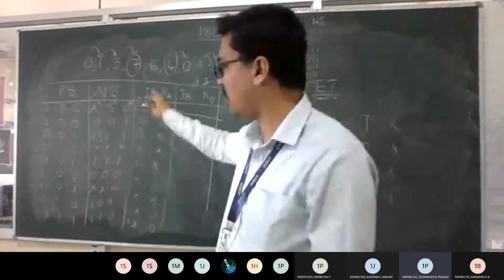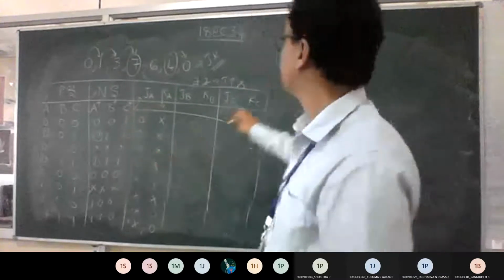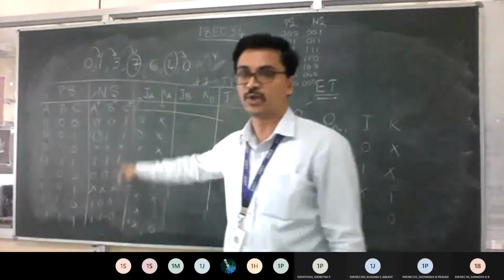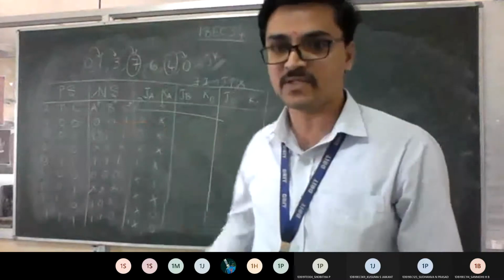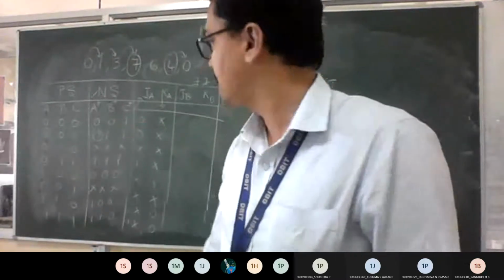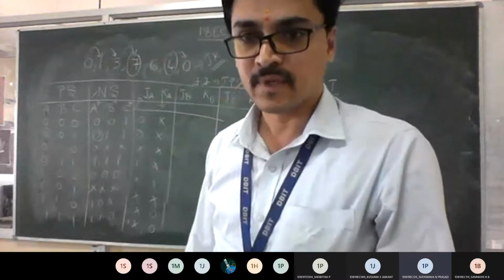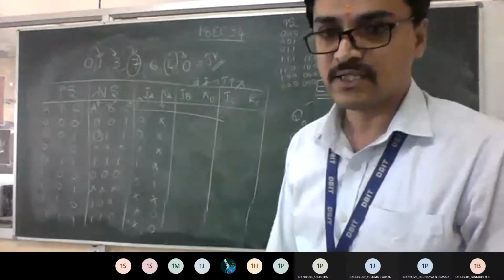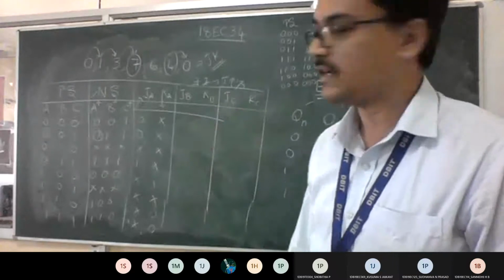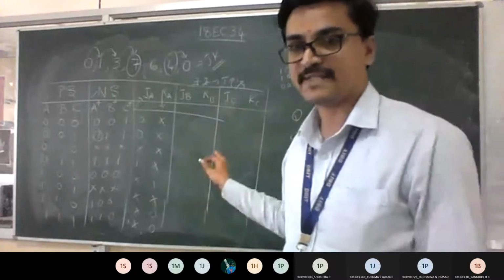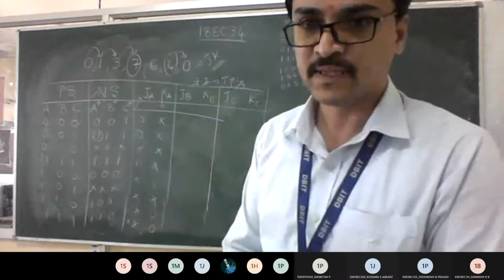If you do like that, then the whole sequence will get covered. If you write only this much, what will happen? See here, for these terms the condition is not covered, so a complete column or a complete row is going to be missed. Is it okay? Yes, sir. Fine. So proceed now, others. Fill the values of JB as well as KB and finish the table. If you write this table, then comes your K-map.